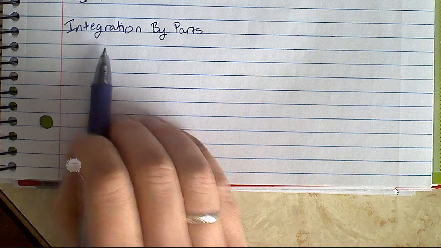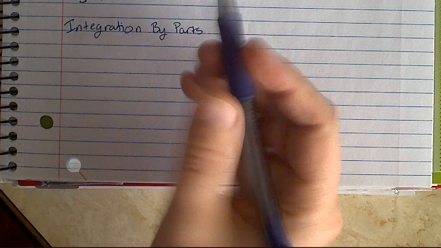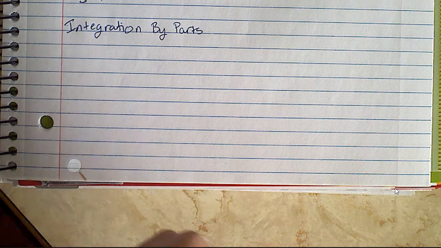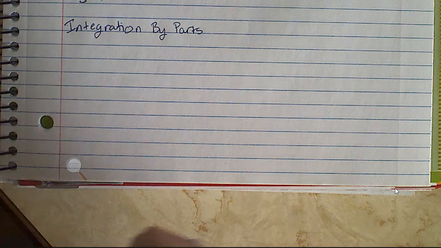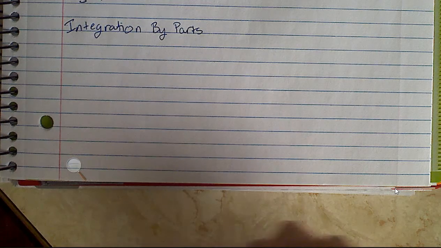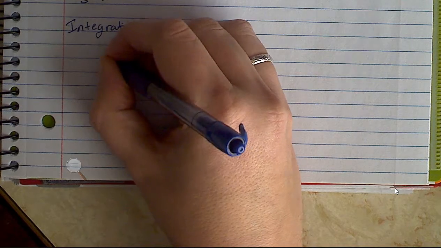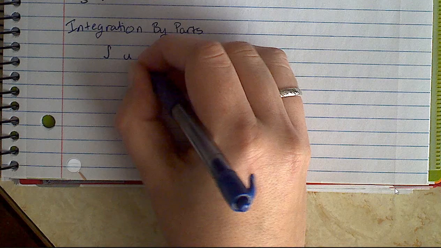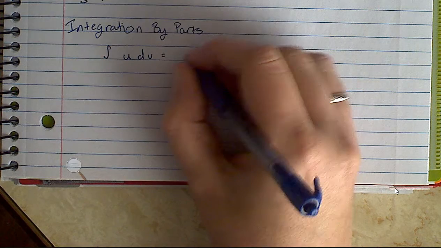So we're going to talk about integration by parts. The basic idea behind integration by parts is this is another method where you take something more complex that you have to integrate and break it down into something that is possibly easier to integrate. So if you have an integral of something that looks like, say, u dv, that can be made so that it's equal to uv,